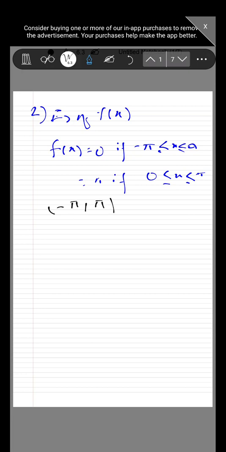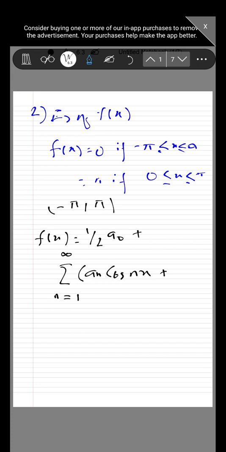So we can write the Fourier expansion f(x) as equal to 1/2 a0 plus summation of n equals 1 to infinity a_n cos nx plus b_n sin nx, where we can write